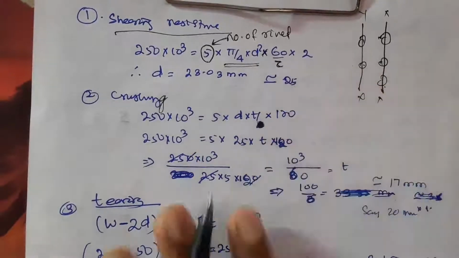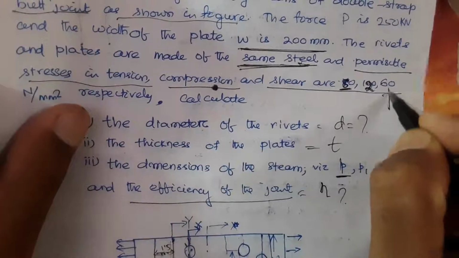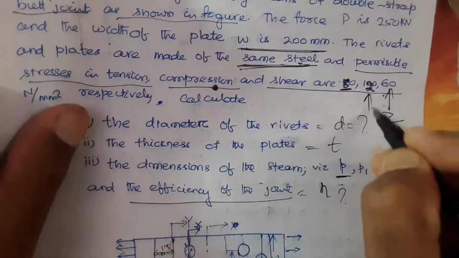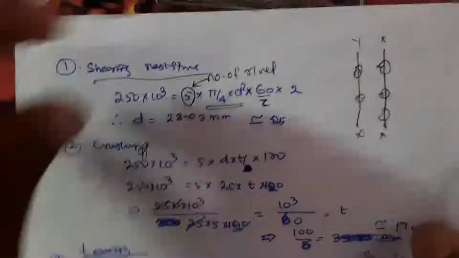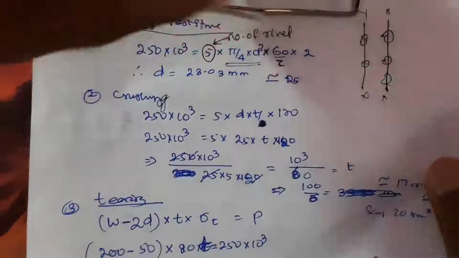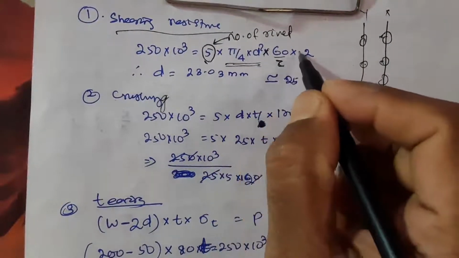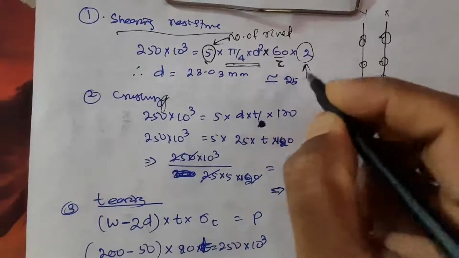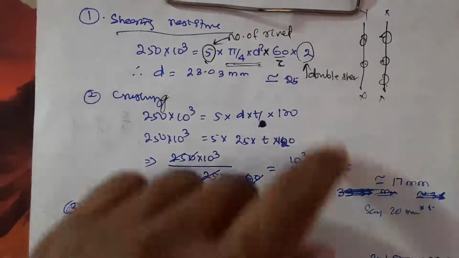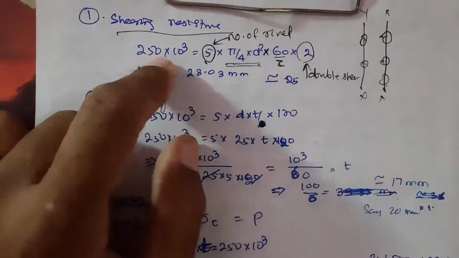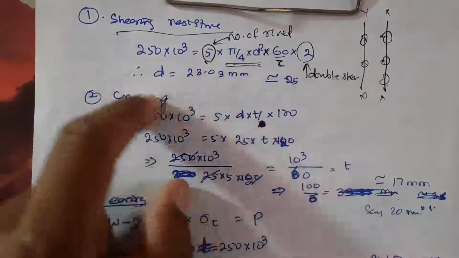This is the tau, because it is given in the question that this is sigma c and this is sigma t, already given. So pi by 4 d square into the number of rivets, into tau, and it is taking double shear. This will be equal to the load, which is 250 kilonewton, and in that case we find out